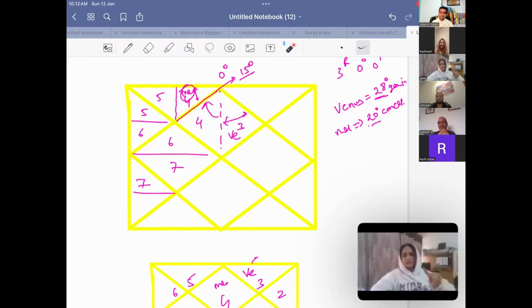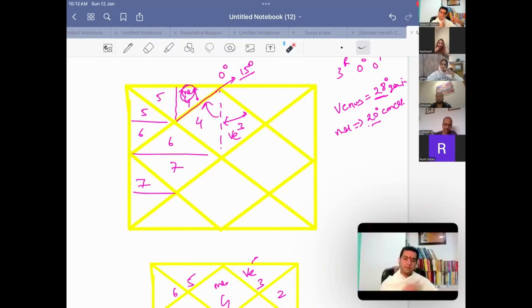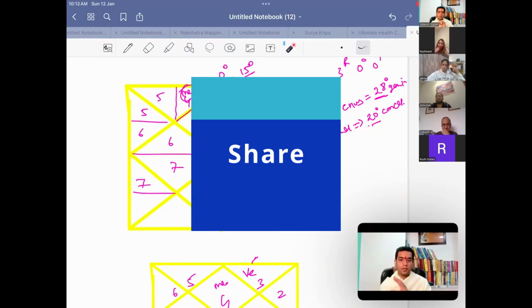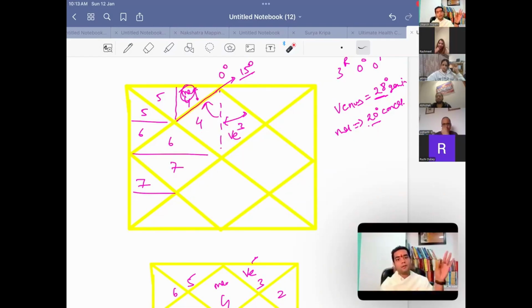So this will only happen if the degree is 00 or 29 or something like that, no? I'm taking an extreme case scenario so that you will understand it very beautifully. Obviously this will happen most prominently at 0 degrees or 29 degrees of Lagan, right at the border line. So obviously these scenarios will be border line scenarios. So for planets too, if a planet is at 29 degrees, or at 3 degrees, then it will appear to be in the second house, but it might be moving into the third house. It will actually be in the third house.